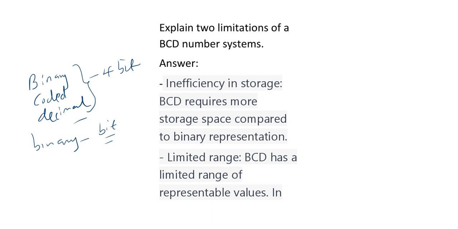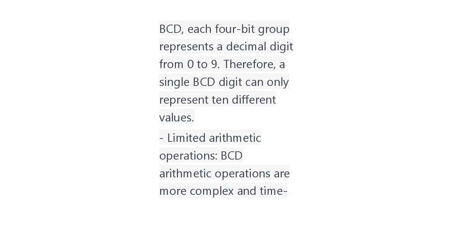In this, BCD has a limited range of representable values. In BCD, each 4-bit group represents a decimal digit from 0 to 9. Therefore, a single BCD digit can only represent 10 different values. So in BCD, we only represent from 0 to 9, which gives a total of 10 values. Beyond 9, in BCD, we regard the number as invalid. So that is a limitation